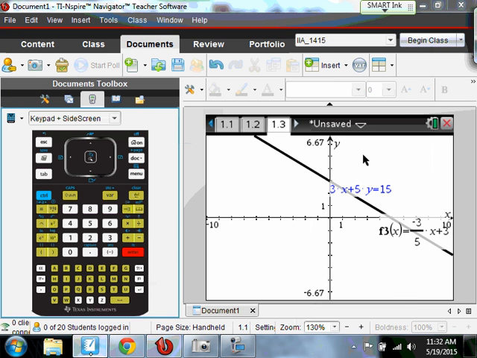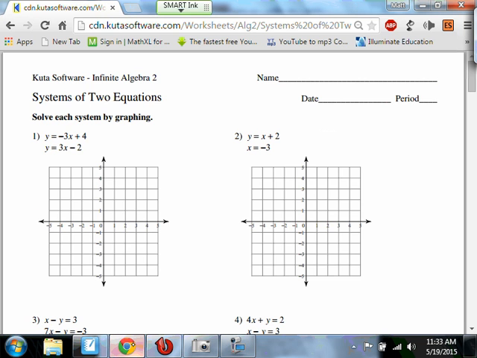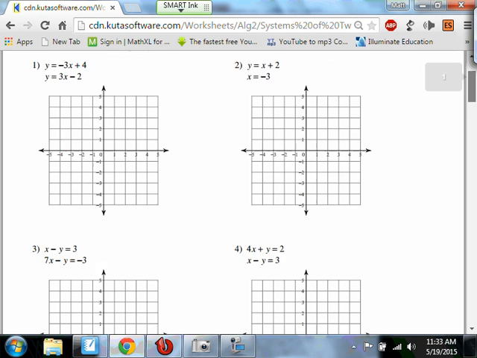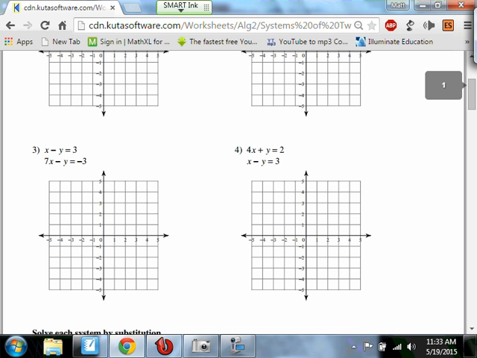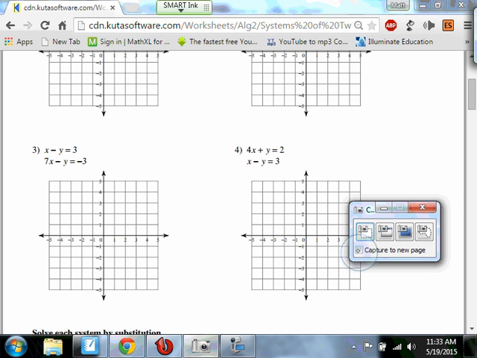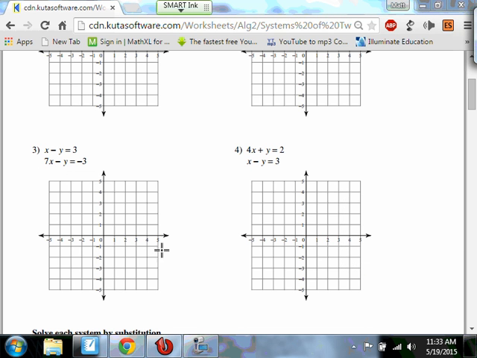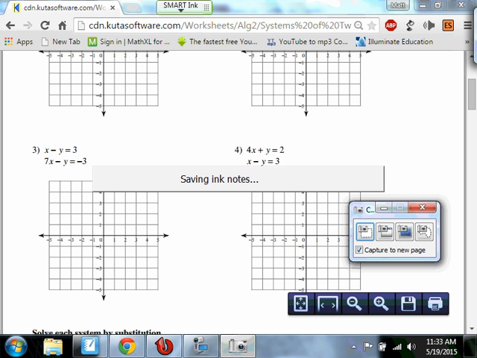And we just need one more example to look at. So let's look at one where there actually is a solution. Let's look at this number 3 here. Okay. So with one like this,